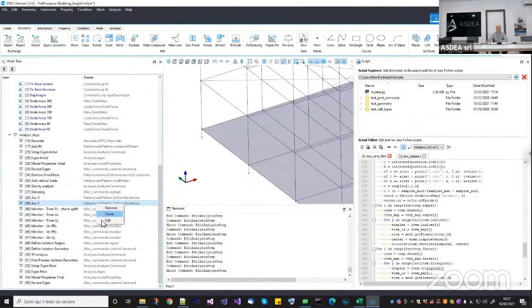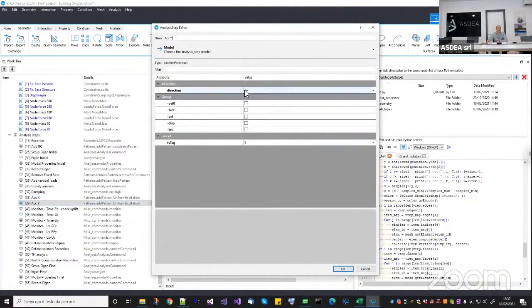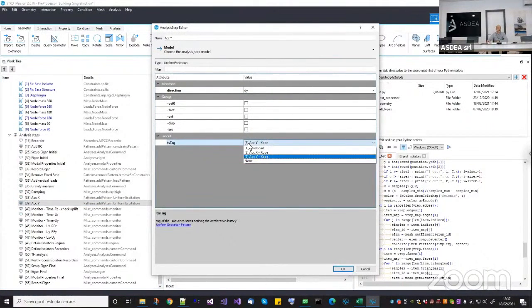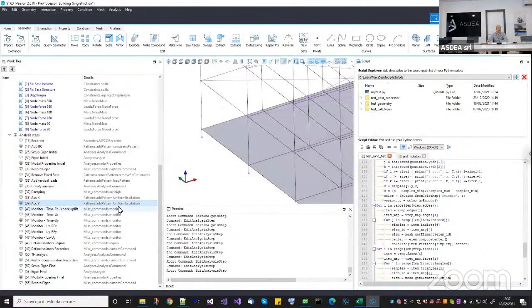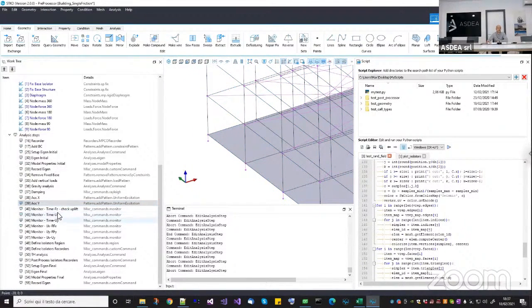Same thing for the acceleration in y. You just need to choose the dy direction and the time series for the Kobe in y direction. Okay, so once you're done with the uniform excitation, which is basically the loads for our time history analysis, here